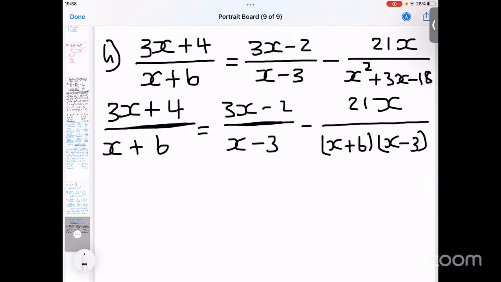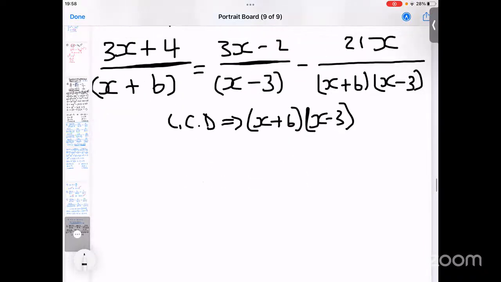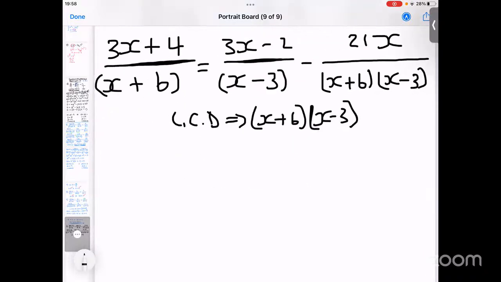6 minus 3. Okay, so that means those will be our LCD. Our LCD will be, we just take this one, and then we just take that one. Okay, so now let's see. That means now on this side, we end up having 3x plus 4, and then it is multiplying with that, which equals 2, and then we have